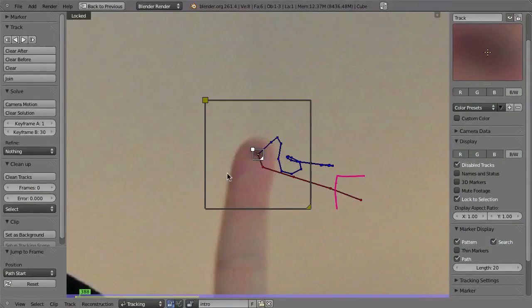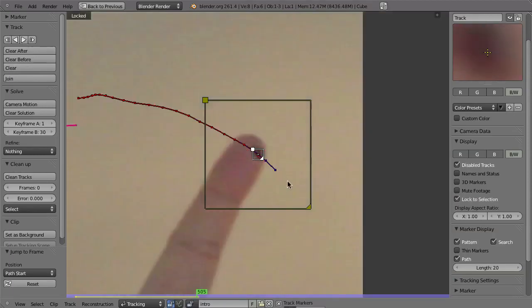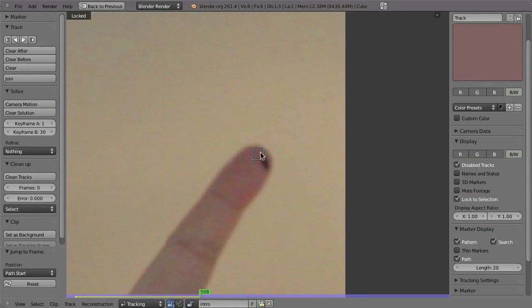And since it is locked, the shortcut is L. So when you press L, then you can activate or deactivate lock to selection. So now with that enabled, when I press this button now, you can see it always stays centered here. So now I can see exactly where, why, and when the feature stopped tracking.